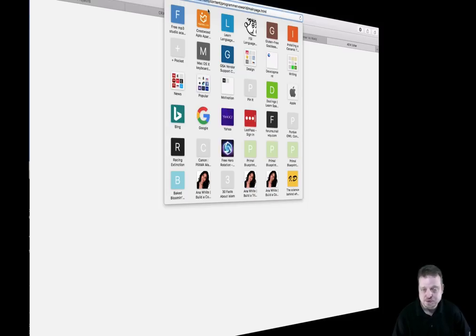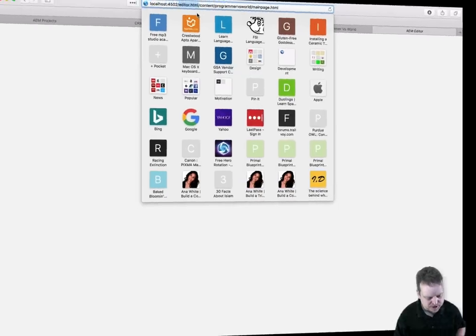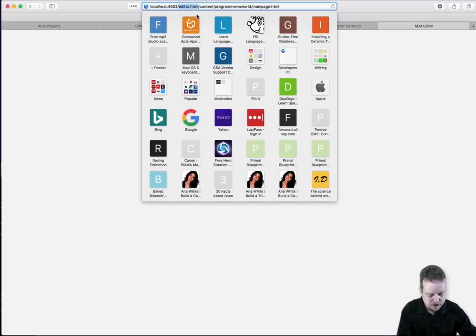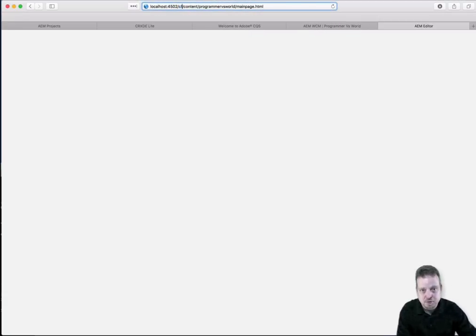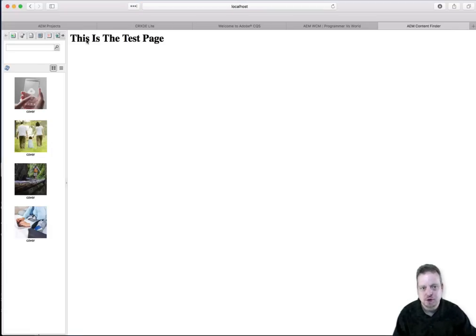Here we're just trying to do a simple page and get it done, which means that's the wrong editor for us. We have to go back to the old classic content author editor, which for some reason is named CF Pound. Don't know the answer to that one. I'm just used to putting it there. Now, if we put that in that URL, we'll get, this is the test page, and we also get our little DAM browser and other stuff over here, which you can close, by the way,